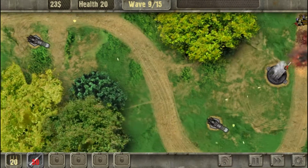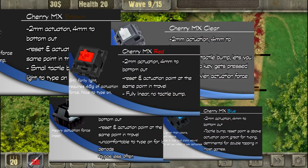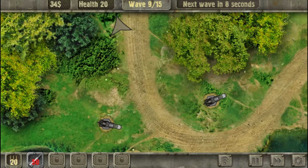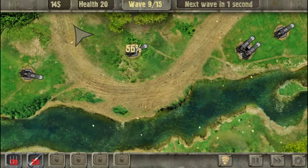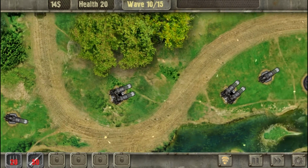These switches, especially Cherry MX ones, come in a variety of options that use different plungers, springs, and mechanisms to create a different feel that appeals to different types of users depending on what you're going to be using your keyboard for mostly. The switch is comprised of a few parts, including a housing, spring, and plunger, at least in the Cherry MX ones. The spring and plunger are primarily what gives each type of switch a different feel. Each key gets its own switch and keycap, which we'll go over later on, and then on to the benefits of owning